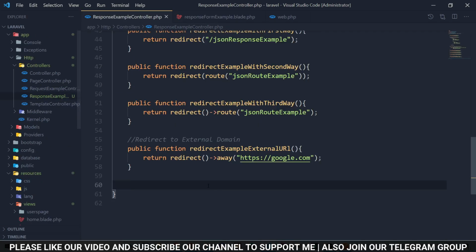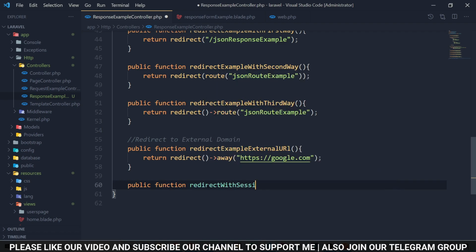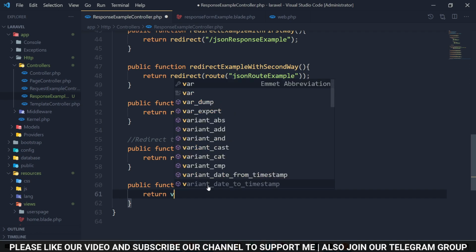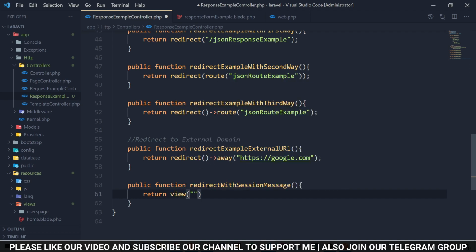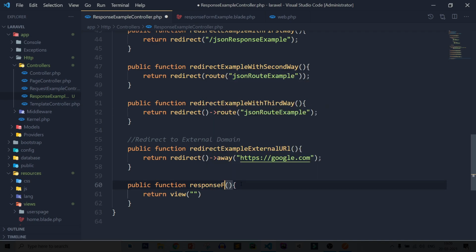So come to this page, public function redirect with session message. So for this, return view. First here it need to add redirect instead of redirect response form example, and here return the template page.